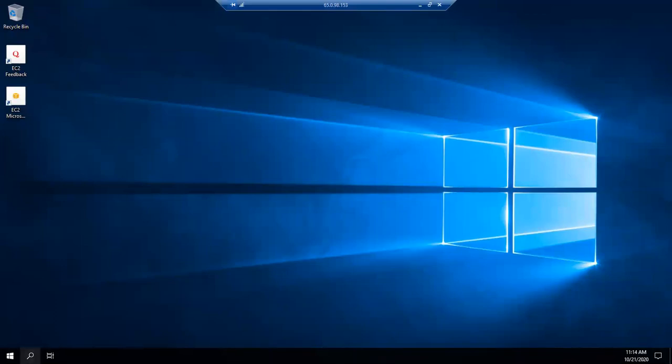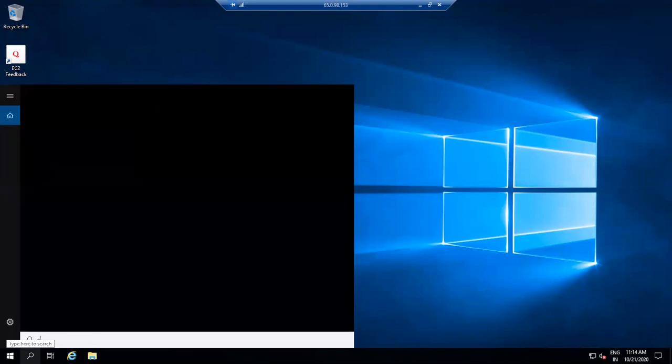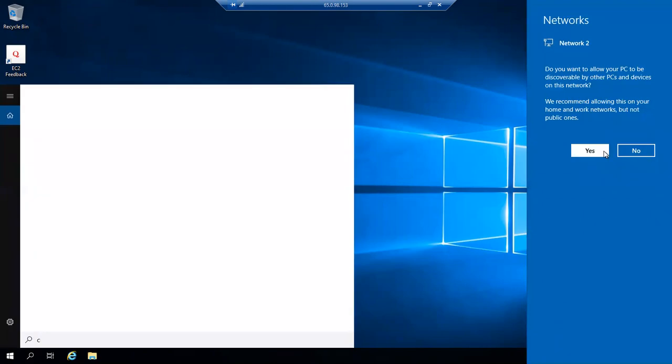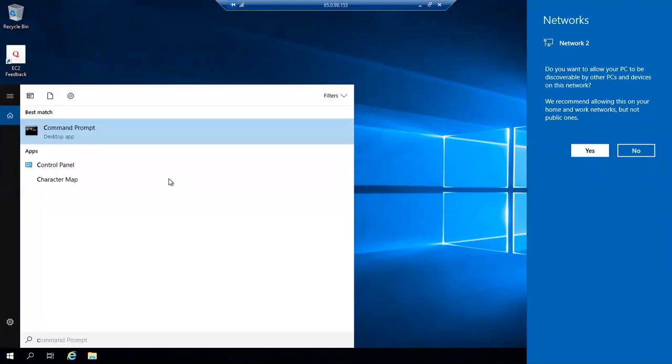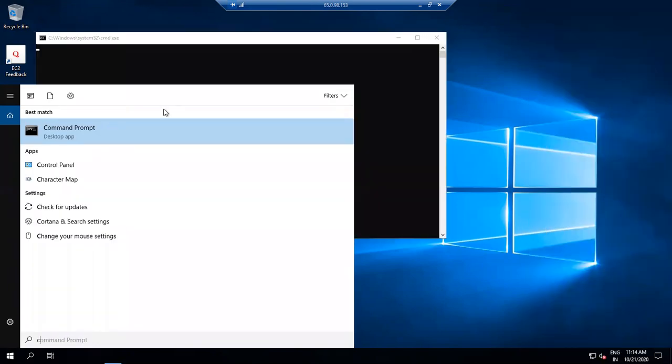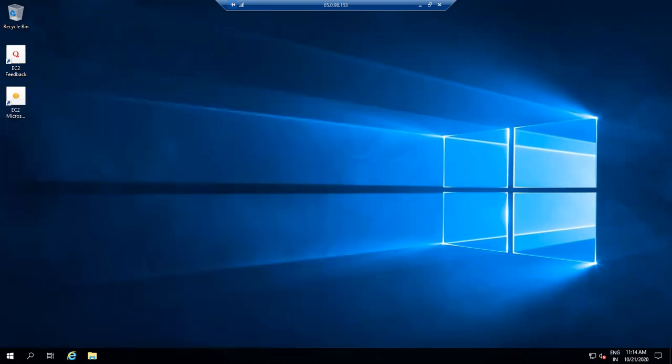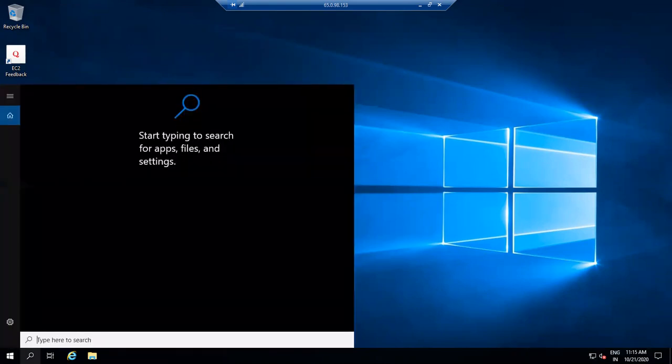As you can see, I have internet access right now on my machine. You can see in the right side corner, I have internet access, and I also have a public IP with this machine.